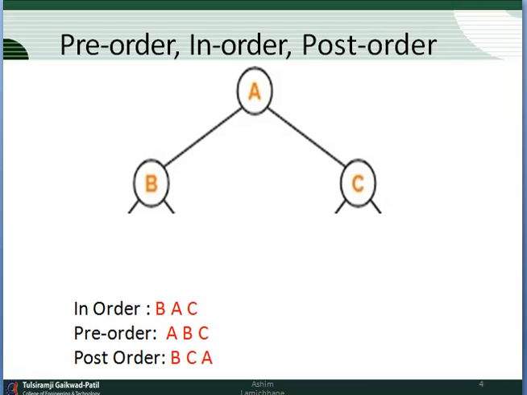In general, what is in-order traversal? In this traversal method, the left subtree is visited first, then the root, and later the right subtree. We should always remember that every node may represent a subtree itself. If a binary tree is traversed in order, the output will produce sorted key values in ascending order.